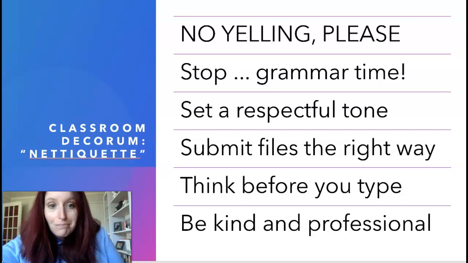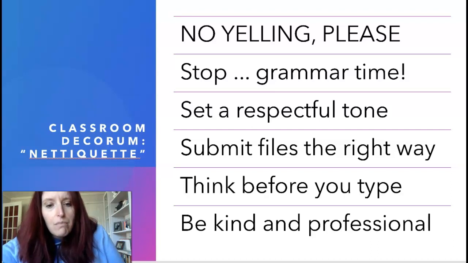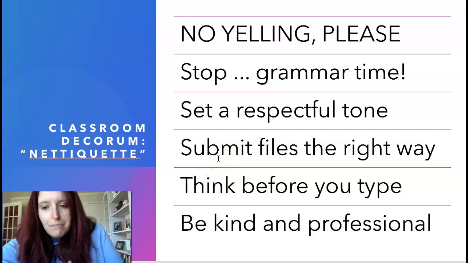Set a respectful tone. Be kind and professional, and think before you type, because once it's out there, it's out there. So take the time to formulate things before you respond hastily. And finally, the last one, I know I skipped around, please make sure you submit files the right way, and I'll come back to that in just a second. In other words, act like you've got some home training, as my grandma would say.